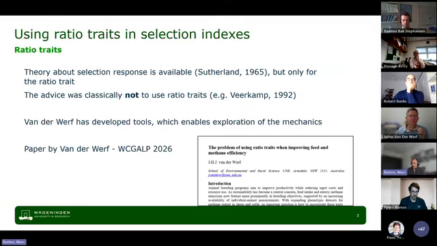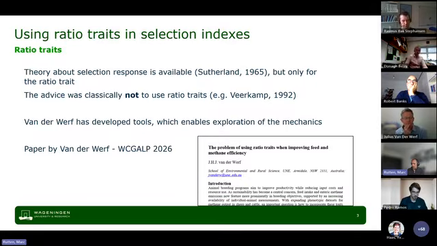So the theory of how a ratio trait can be included in an index is available. It has been developed many years back, but that was only for the ratio trait. So it's one breeding goal setting where only the ratio trait was included. And from that, the advice was basically, classically, not to use ratio traits because of the fact that it's difficult,